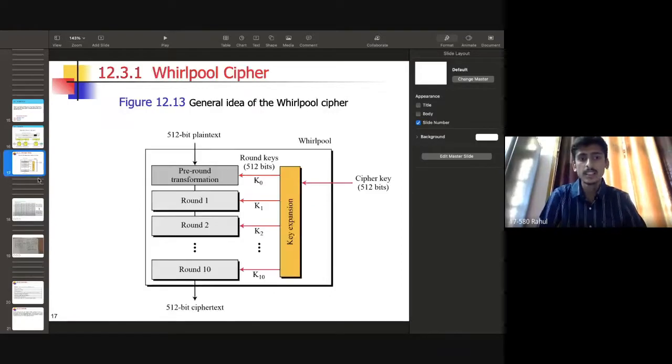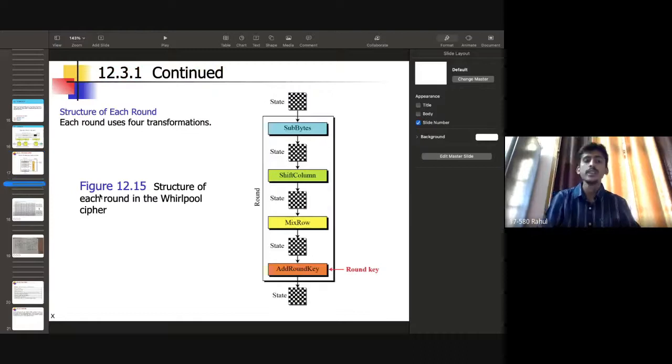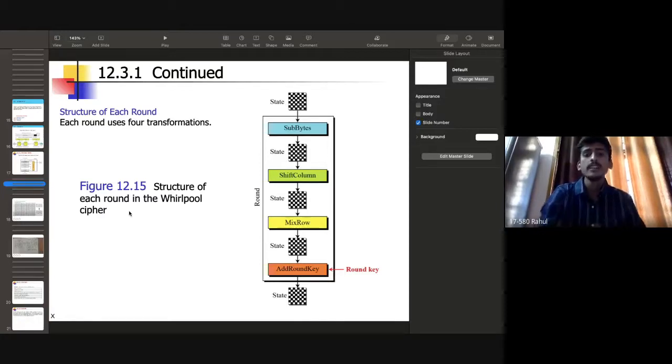Yeah, these are all the four transformations. Let me summarize to remember quickly. Initially we have one state, and sub bytes is generally a linear transformation. We have rows and columns, so we look at a row and column, match it in the table, and change it. The next is shift column.